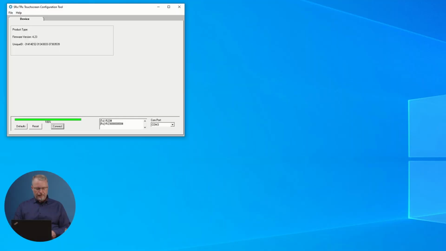Yeah, and the red cable should be on the left side. Okay, so the red cable needs to be on the left side and you have connected to your normal USB port. Yeah. And it assigned a normal COM port in my system. And I press the connect button. And here we get some information about the device, what firmware and unique IDs and a little bit of the communication settings and stuff.